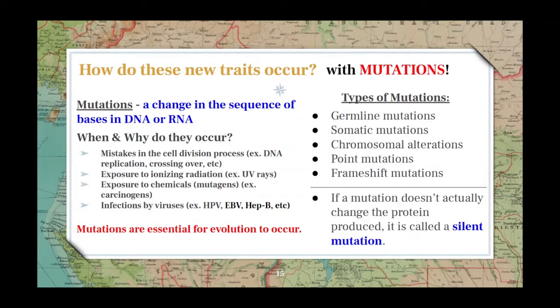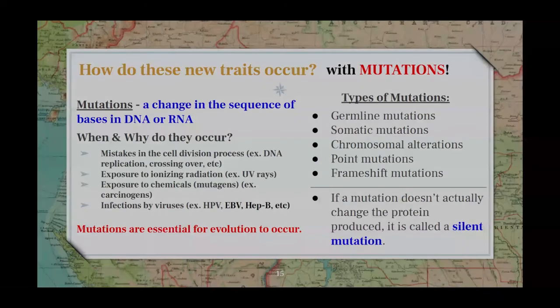Now, in your notes at the very beginning of this mutation part, you have individual organisms don't evolve, populations do. Keep that in mind. It's a great true-false question. A lot of times we'll ask, evolution happens on individuals, and that's false. Evolution happens on populations. You have to have a group of organisms that then again reproduce together to be able to see what traits are again moving forward. Mutations happen on individuals, not on populations.